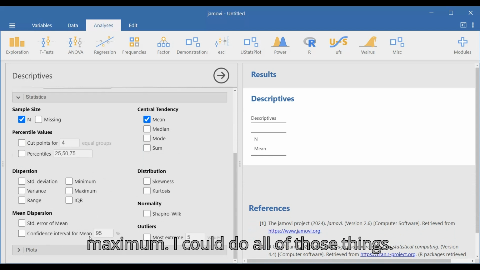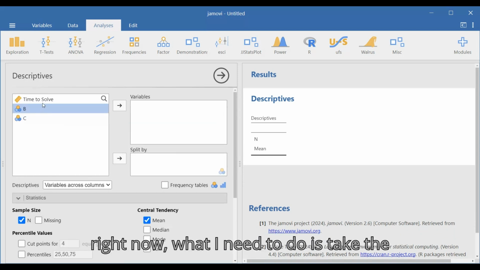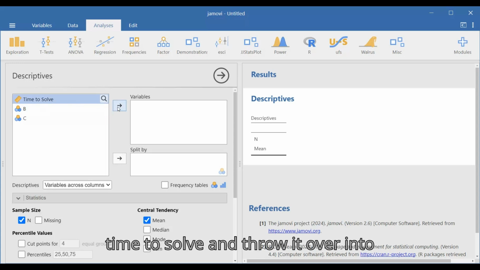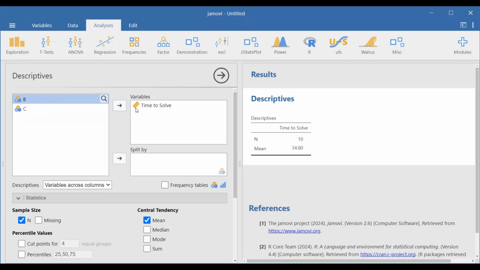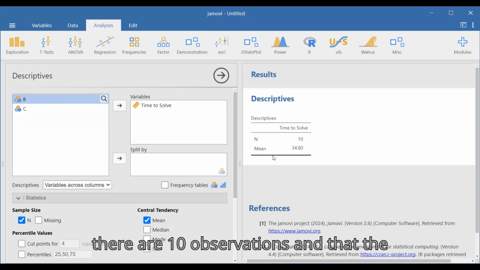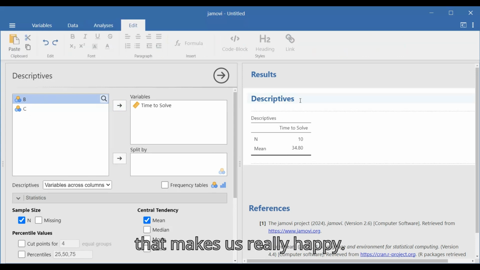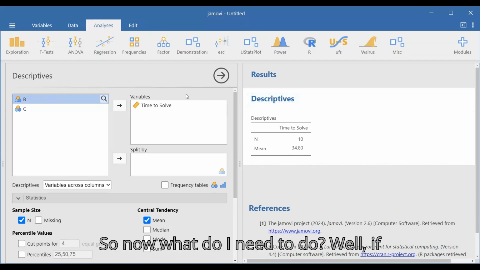I could do all of those things, and we are going to come back and maybe look at the confidence interval. But right now, what I need to do is take the time to solve and throw it over into the variable. And now you'll see that there are 10 observations and that the mean is 34.80. So that makes us really happy. Okay, so now what do I need to do? Well, if